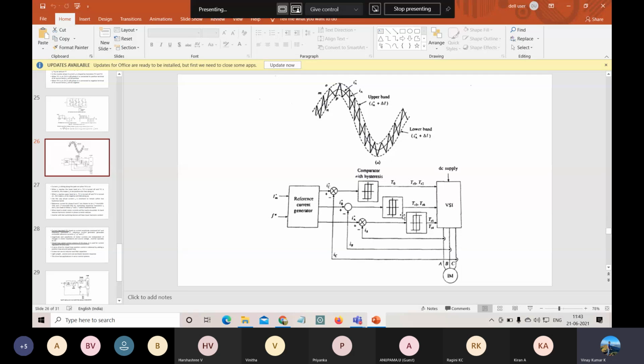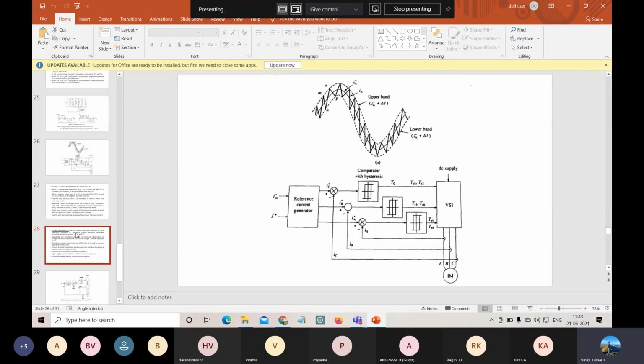Through this hysteresis, the actual reference currents pass to the corresponding TR1, TR4 legs: the phase A leg, phase B leg, phase C leg. So these act, and like this the switching on and switching off takes place. The reference currents are obtained using the terminals of the voltage source inverters. These are our standard amplitude currents and reference currents.